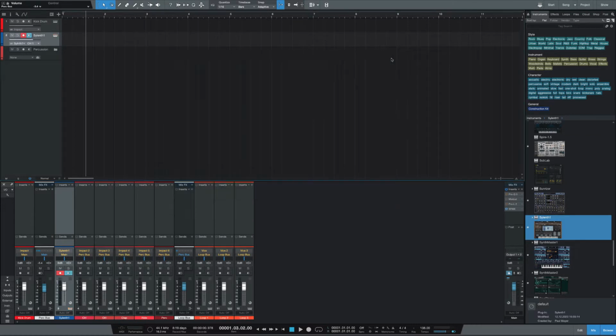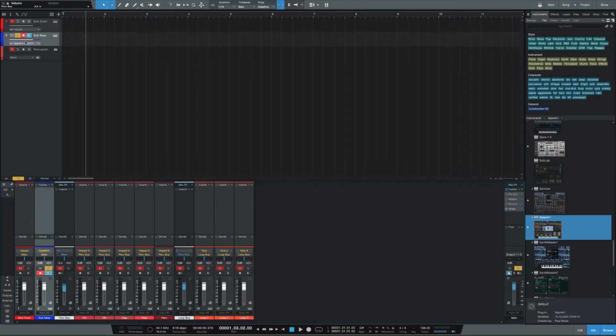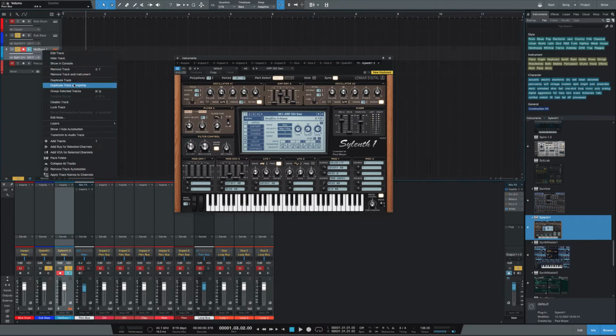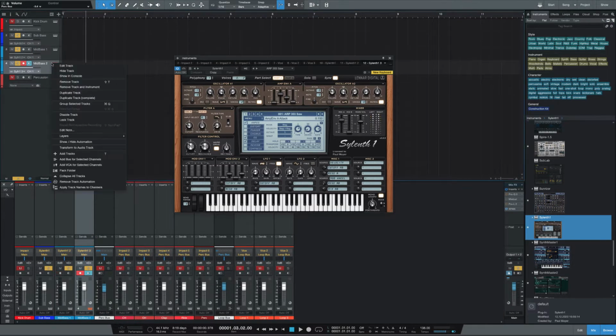And yeah, this is Sylenth. This is going to be the sub bass. And I'm actually going to group this with, well, actually before I do that, I want to create some mid basses as well. So it's going to be mid bass 1. And I'm actually going to duplicate this